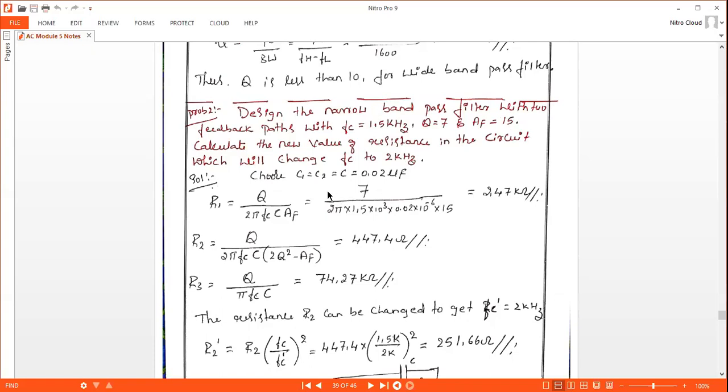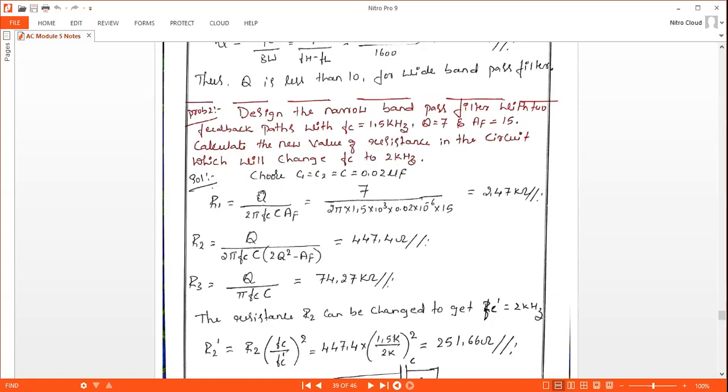With this formula, we have to choose the value of C1 and C2, which is equal to C. It is 0.02 microfarad, which is less than 1 microfarad. I repeat, you have to choose the value of C less than 1 microfarad, that is C1 equal to C2 equal to C is 0.02 microfarad.